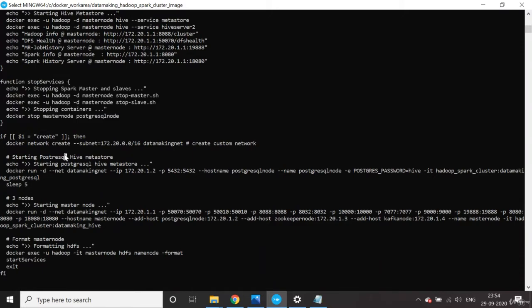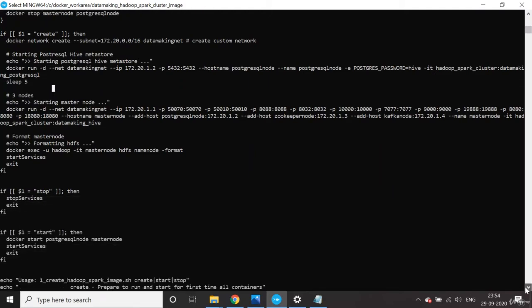Basically, it takes input parameters, like whether you want to start a fresh setup of the cluster, create it, start the existing containers, or stop. That information you need to provide.